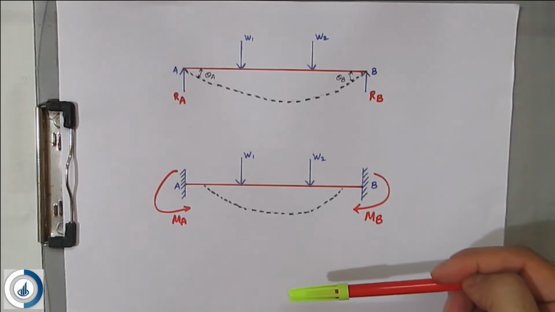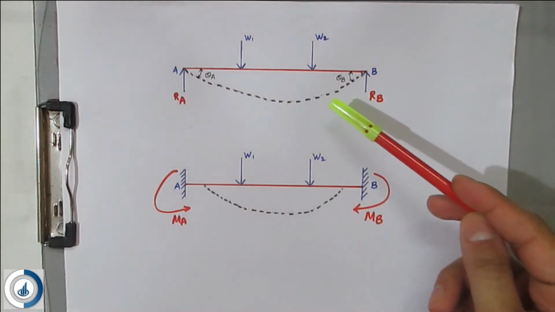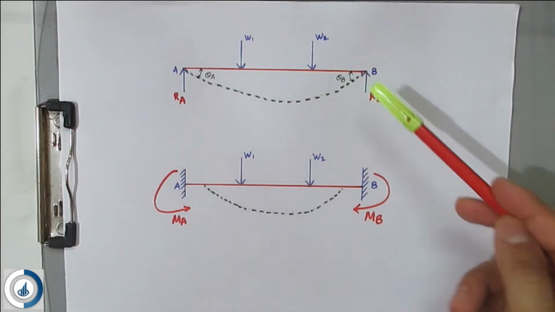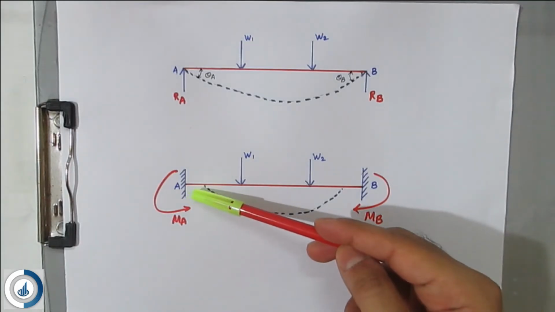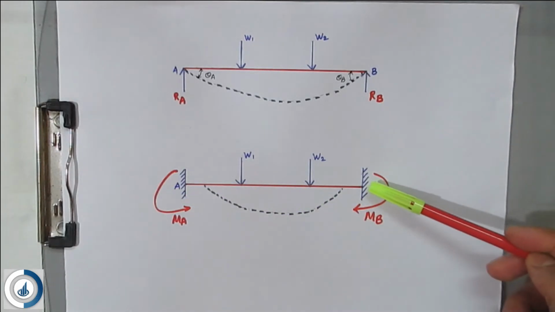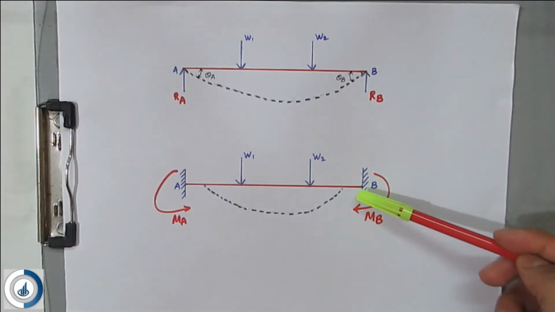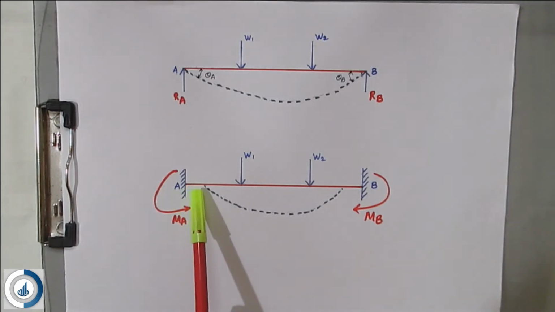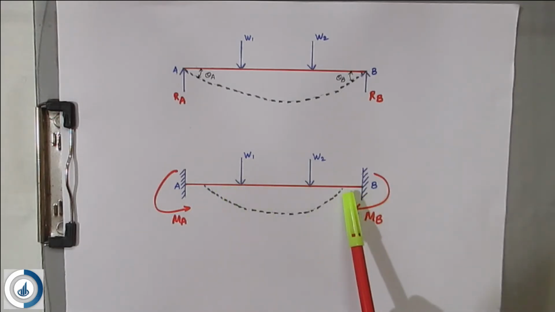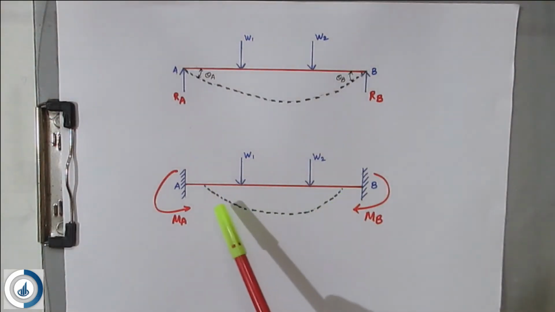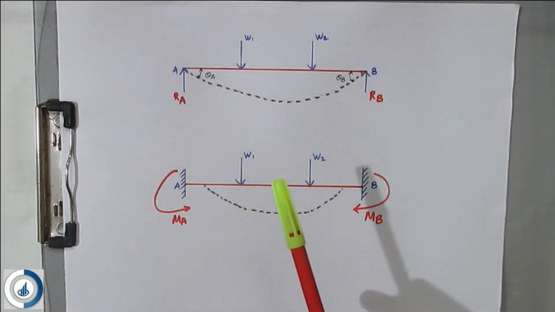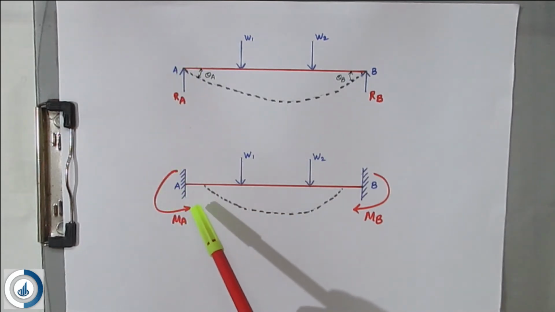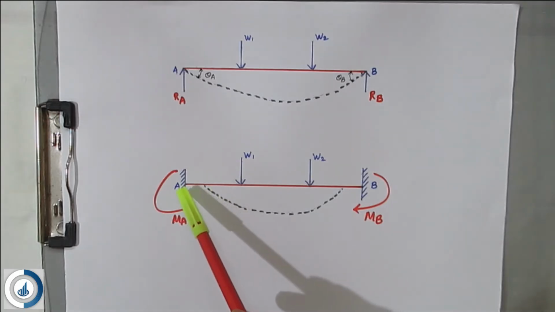And what is that small difference? In the simply supported beam, the slope or rotation is created at the ends, whereas in the fixed beam the rotations or slopes at the fixed supports are 0. You can see there is no bending in this region and in this region; after some distance the bending starts. So here you can define what a fixed beam is: there are no rotations or slopes at the supports.